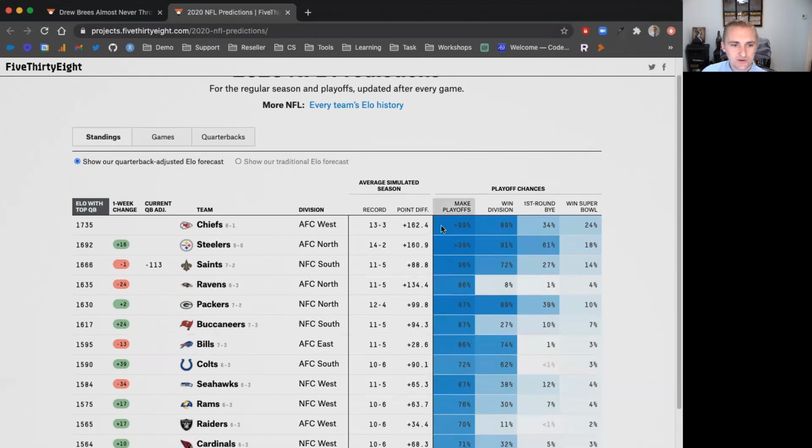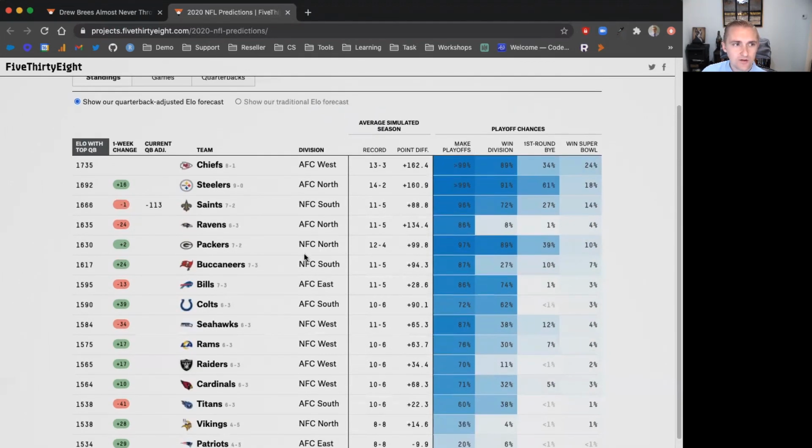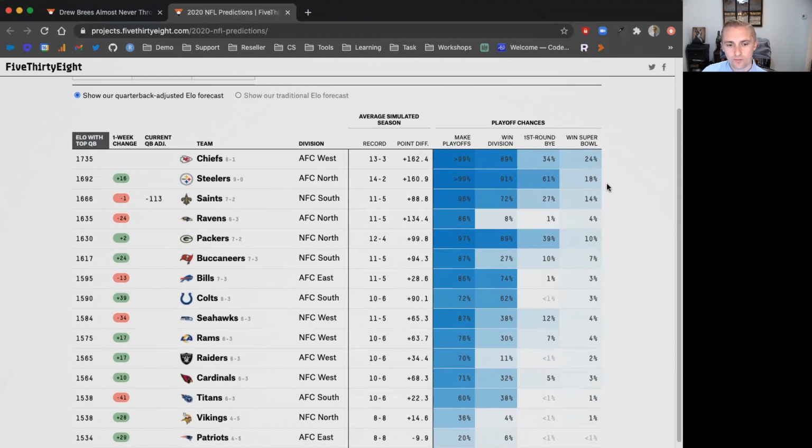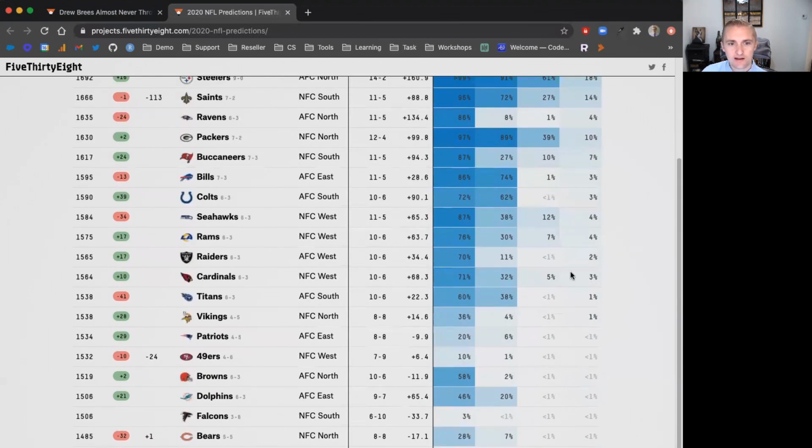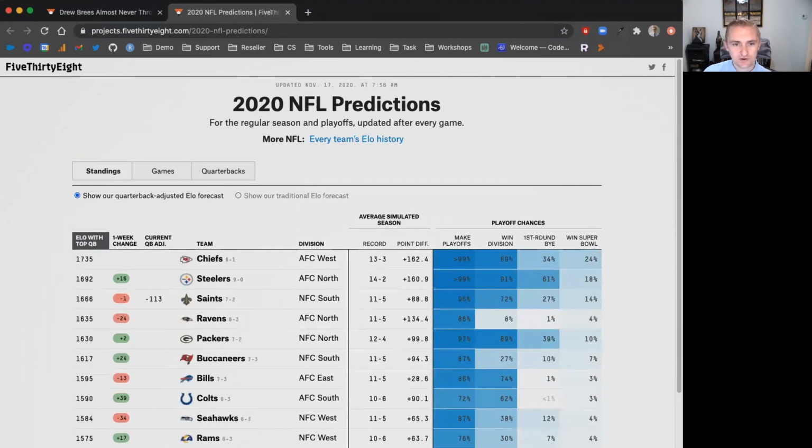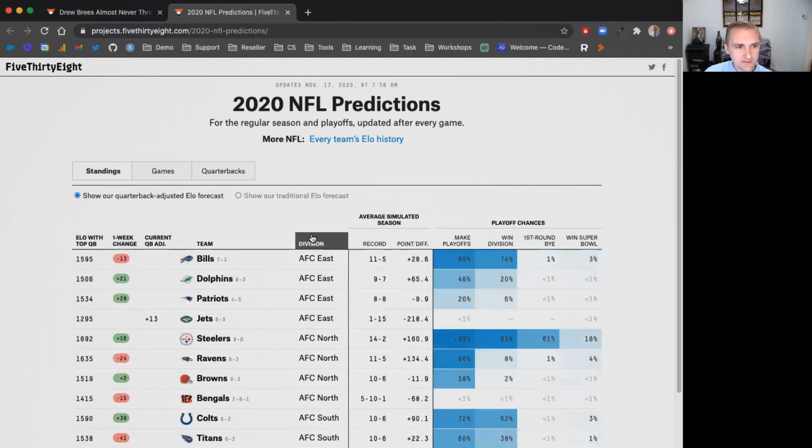So you can basically scroll down quickly and see that, well, the teams that are rated the highest have the highest chance of making the playoffs, as well as winning the Super Bowl. And teams below this rating have a very low chance of winning the Super Bowl. But beyond that, maybe you want to look at specific divisions. You can interact with the table and do different sorting. So now I can ask a different question, which is, rather than look at the best teams in the league,